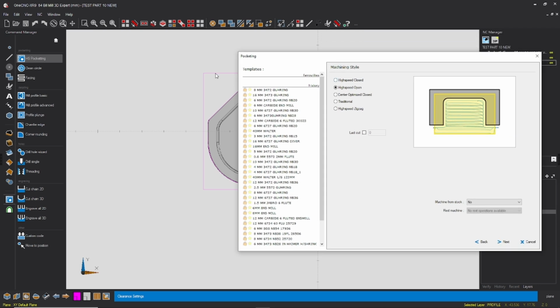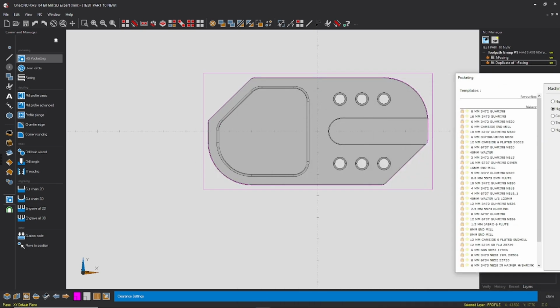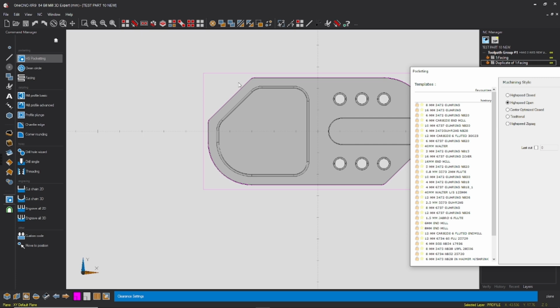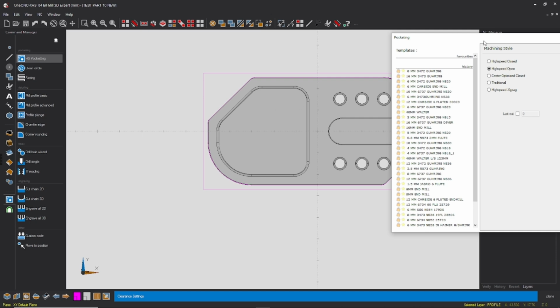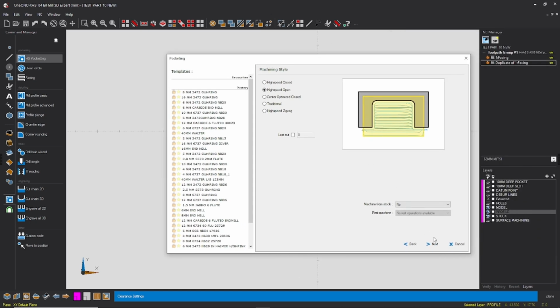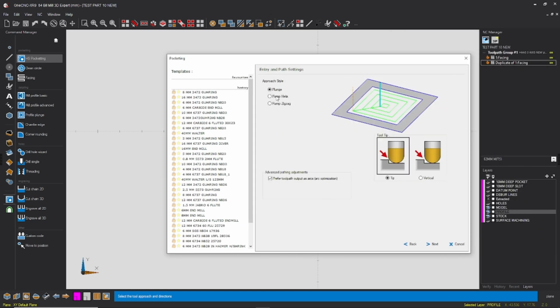Closed is the opposite. You're basically telling it to stay inside of that line, but then you have to obviously either select somewhere where it's safe to plunge down, like a through hole or something, or if there's nowhere safe to plunge down, like in this pocket for instance, then you just pick a different style and you go helix ramp down, basically you ramp helix or zigzag down. So I want plunge,